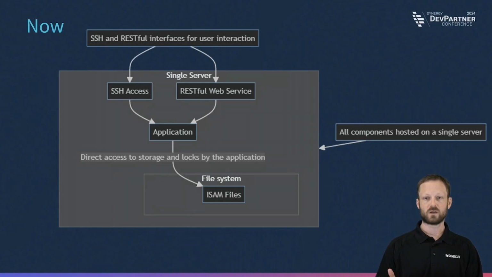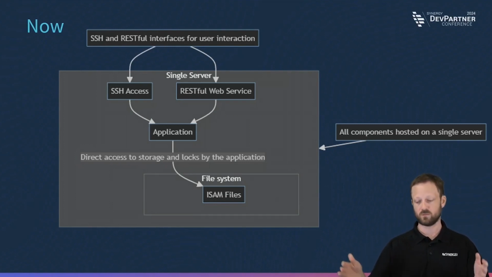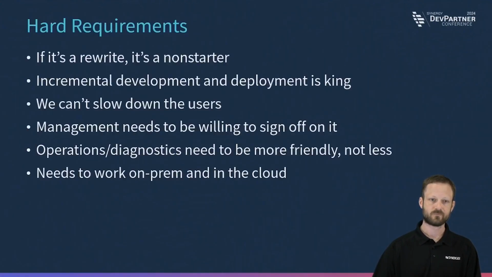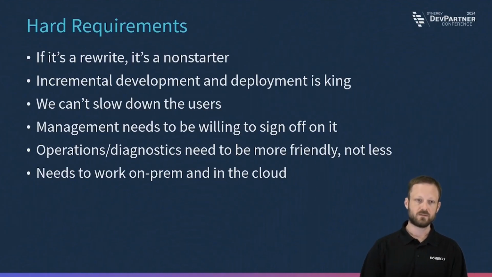So there are some key bits about how your application works. You have direct access to ISAM files, and you have direct access to locks in those ISAM files. And even if you have 100 users on that single server, there's coordination amongst all 100 of them because the ISAM files are multi-user. They're on one node, but they support access from multiple applications at the same time. Those are the locks that you have today. So that's where you are today.